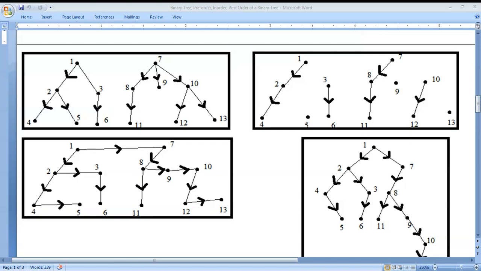According to the procedure, I have removed all the right edges. Then I have joined all the adjacent vertices with the help of an edge. In this process, there should not be any cycle. Now, let us see the final binary tree.